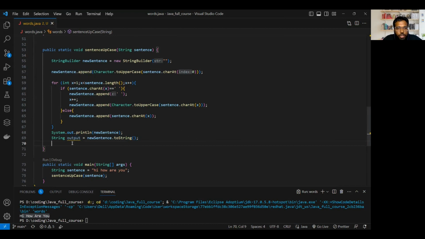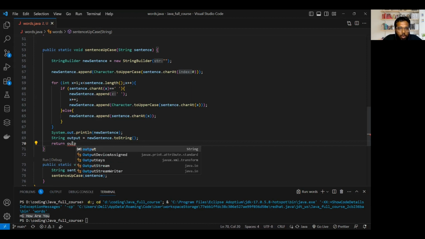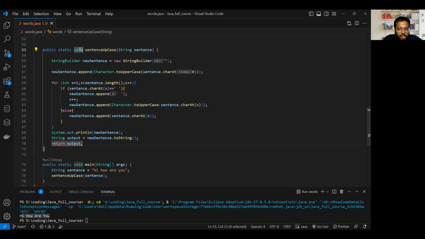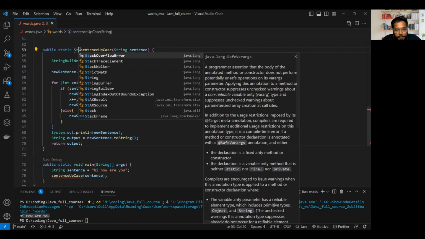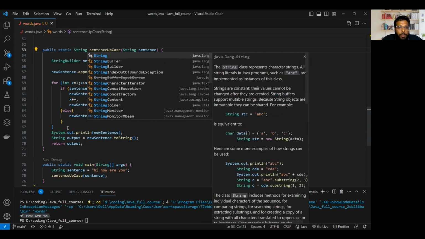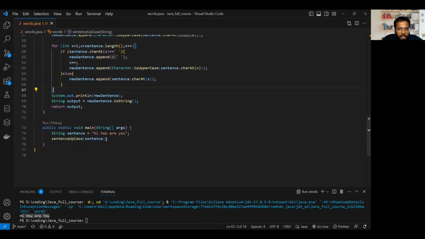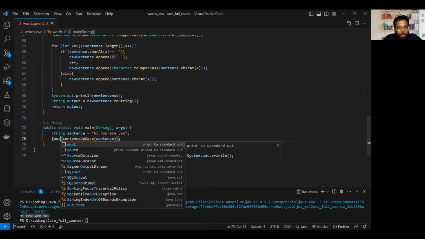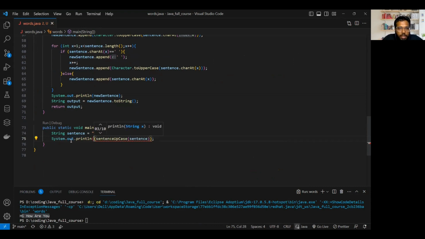And here we can just return output, and after returning the output, I have to change the return type of this function to, let's say, String. Okay, now there won't be an issue. I'll just display it. So here I'll print it. Once I have done this, if I run it,